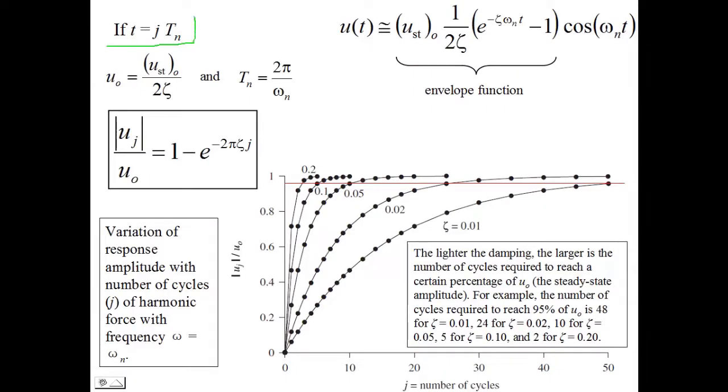If T equals J times Tn, where J is the number of cycles of harmonic force, U0 equals the maximum static deformation divided by 2 zeta, Tn equals 2 pi over omega n, and setting cosine omega n t to 1, the previously obtained function shown on the top right corner of the slide can be rewritten as